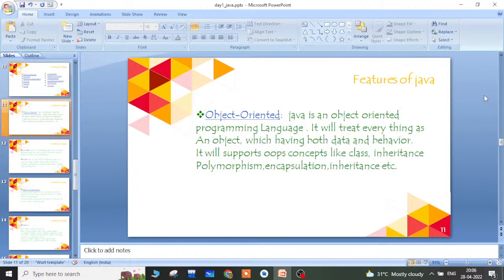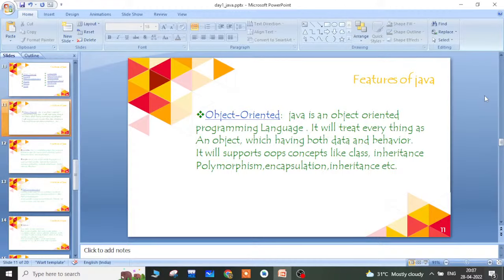As I mentioned earlier, Java is an object oriented programming language which can support both procedural and object oriented concepts. It can treat everything in Java as an object. Simply we can say an object consists of some data and behavior, having some state and behavior.